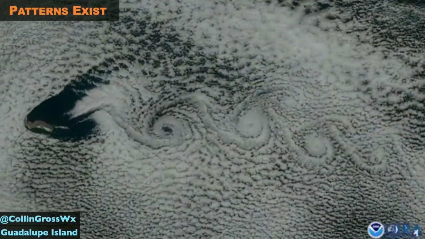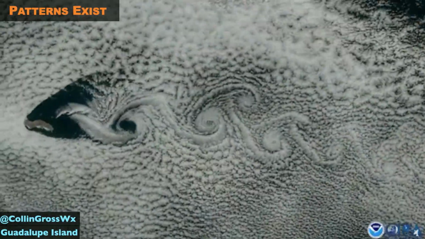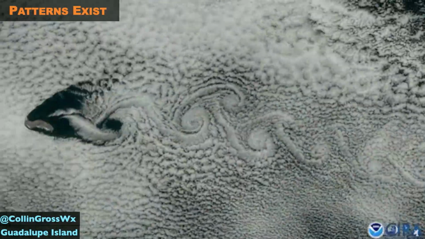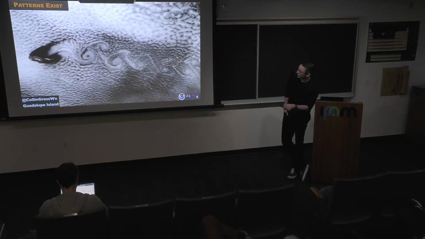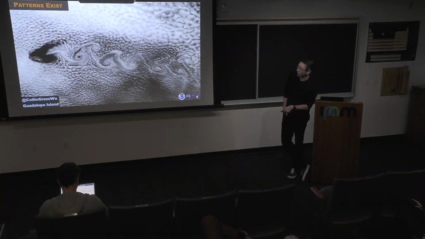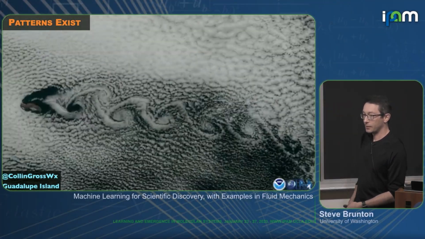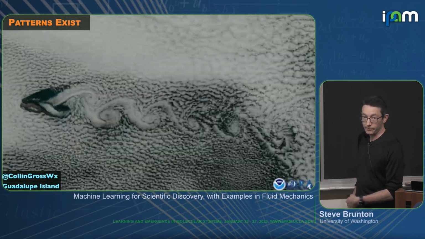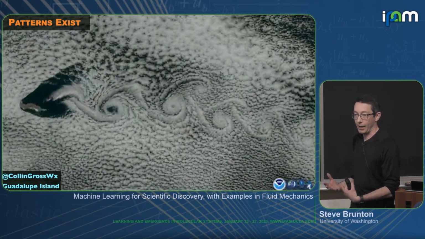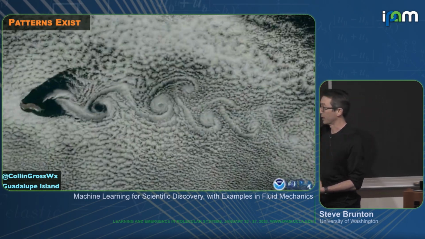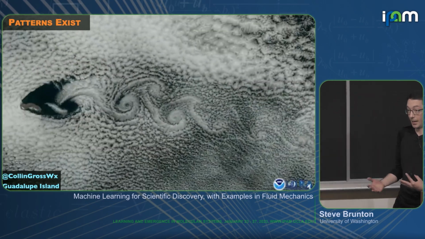This is the cornerstone of machine learning for fluids. This has been an effort, at least since the 1970s, to leverage the huge and growing wealth of data that we have in computational and experimental fluid dynamics. You'll notice this is the cloud flow, a satellite image of cloud flow forming over Guadalupe Island. This flow is more complex than we can simulate on the world's largest supercomputers, at least to capture every single scale of this flow. But you can see these very strong patterns emerging. This is a low-dimensional Kármán vortex street. You could probably describe this flow with 3 or 4 or 5 degrees of freedom pretty accurately.